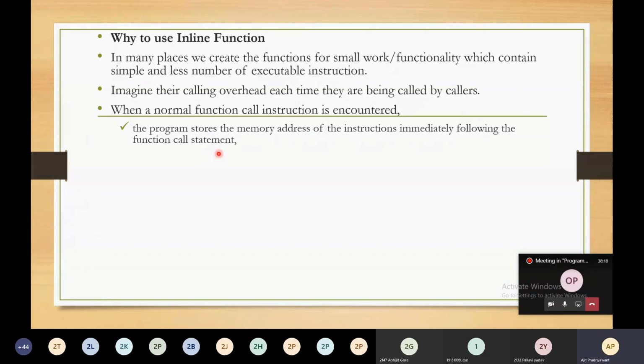Next, it will load the function being called into the memory. So that function, whichever you have called, will be loaded into the memory, and it will copy the argument values present for that particular function.